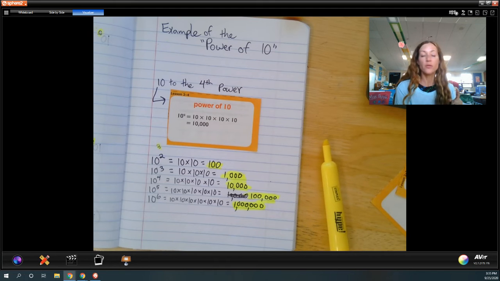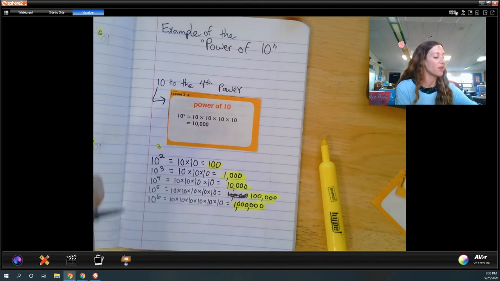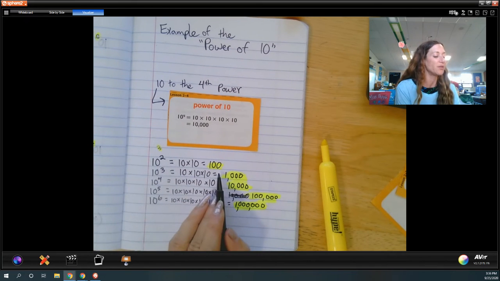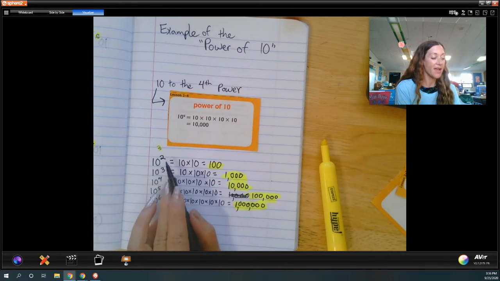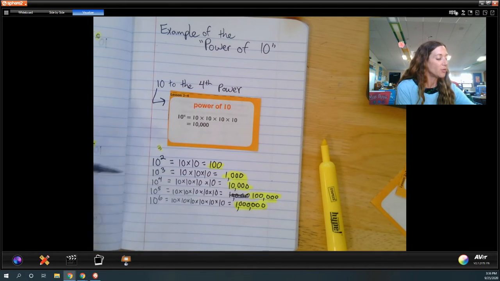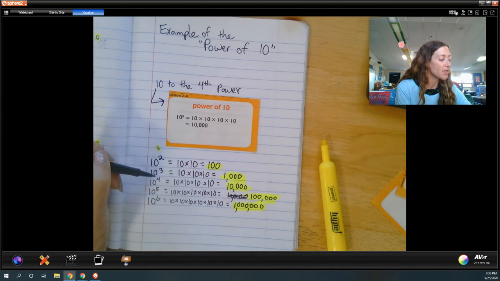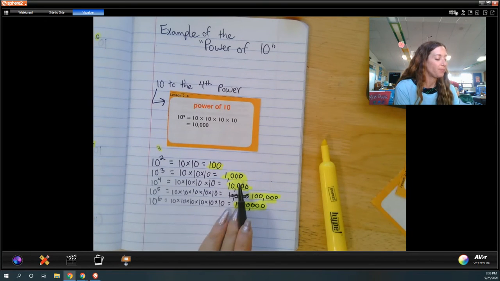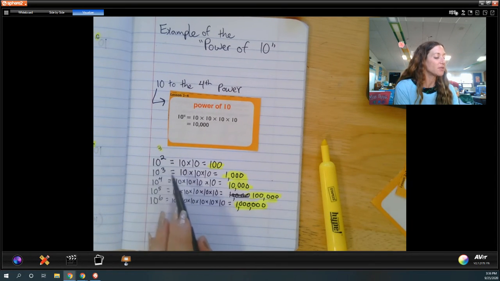So what I do for a trick for myself, it helped me learn, is I know when I'm looking at an exponent, if it's 10 to the 2nd power, there are 2 zeros in my answer. I'm not adding those 2 zeros to that because that would give me 1,000. Okay, so when you look and see an exponent after 10, you know that I'm going to use this first one and I'm going to have 3 zeros. If it helps you to write it out, 10 times 10 times 10, and then count your zeros, that's a